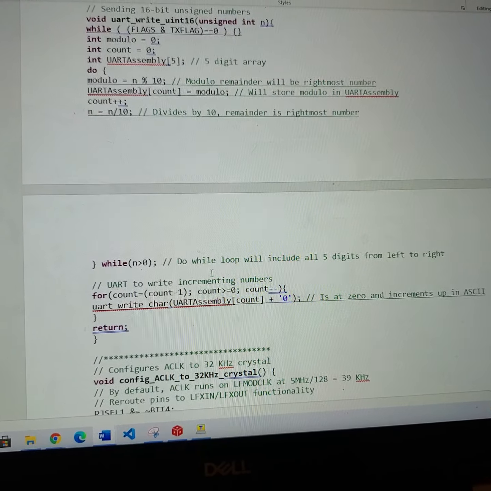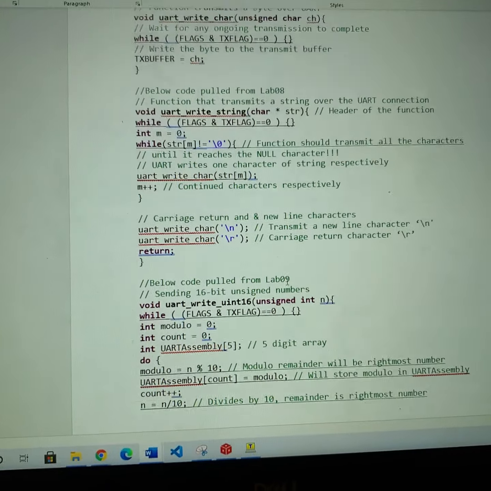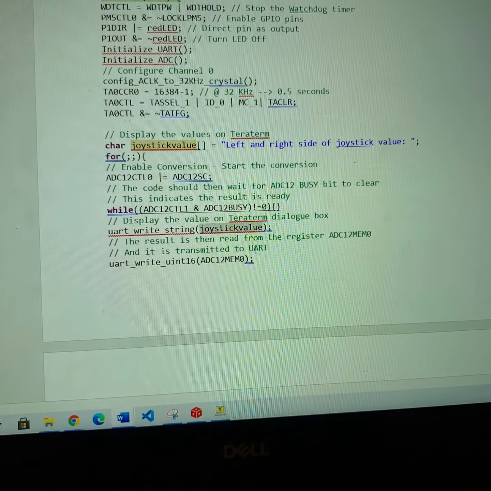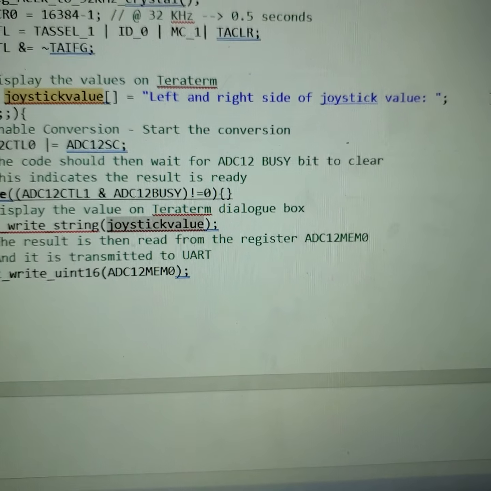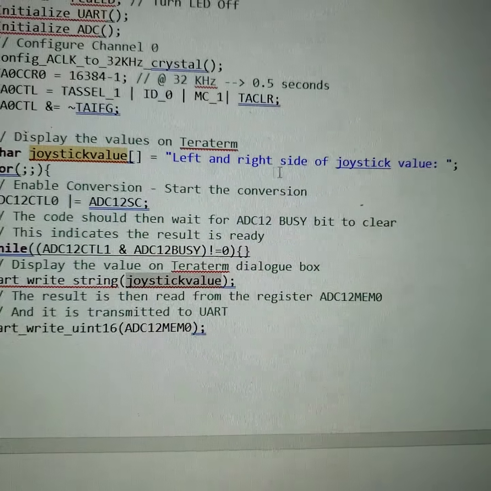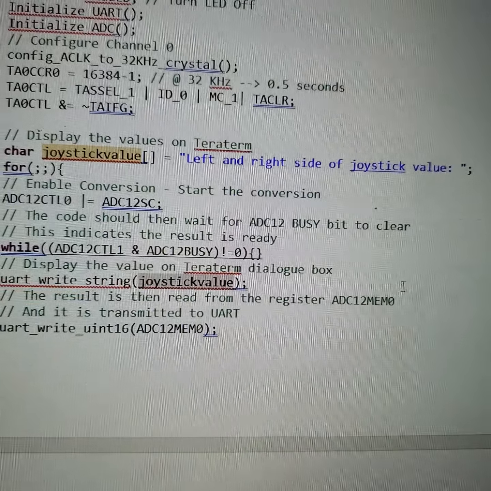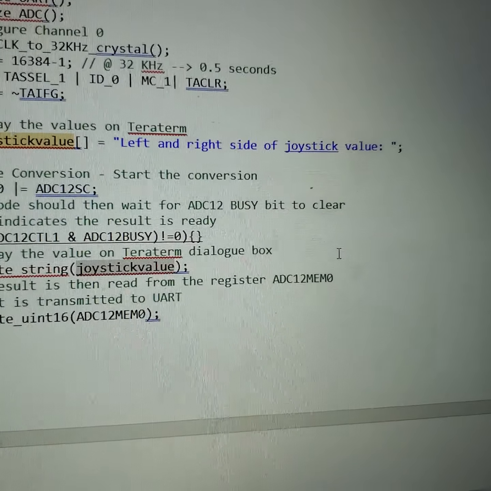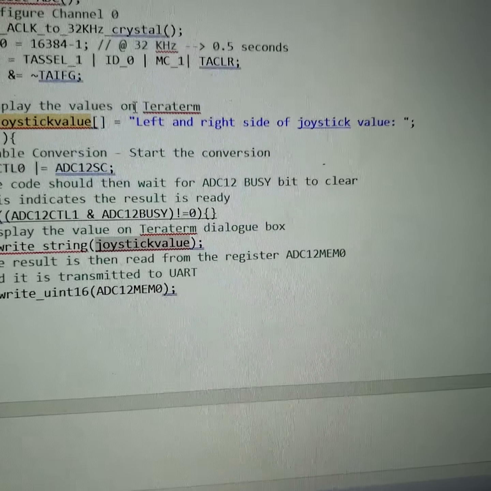the naming of things and what I was going to display, the characters I was going to display on TeraTerm, I wasn't really thinking things through. I named it left and right side of the joystick value, which kind of meant there should have been a display of two values. But what I actually meant was left and right side of the joystick value to just indicate the x coordinate